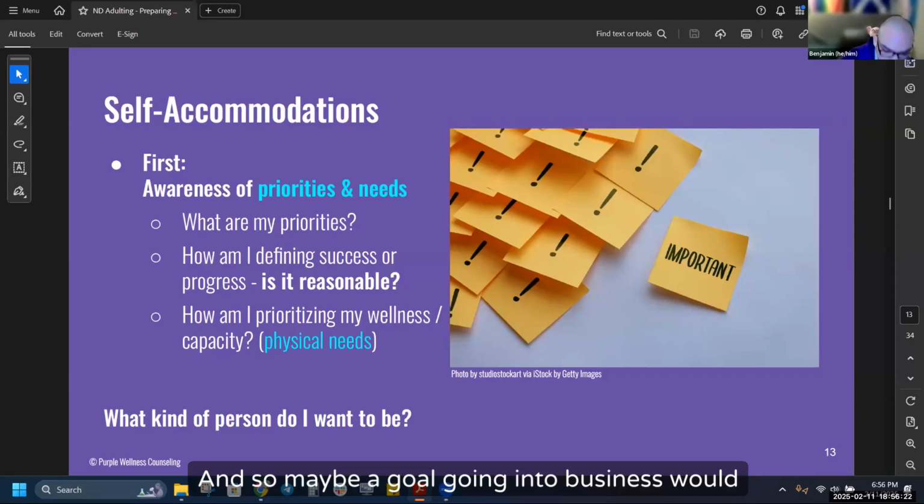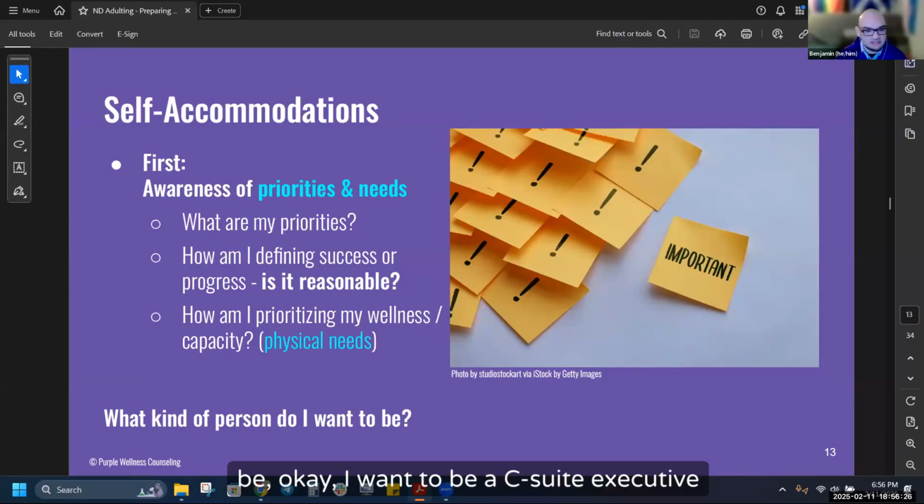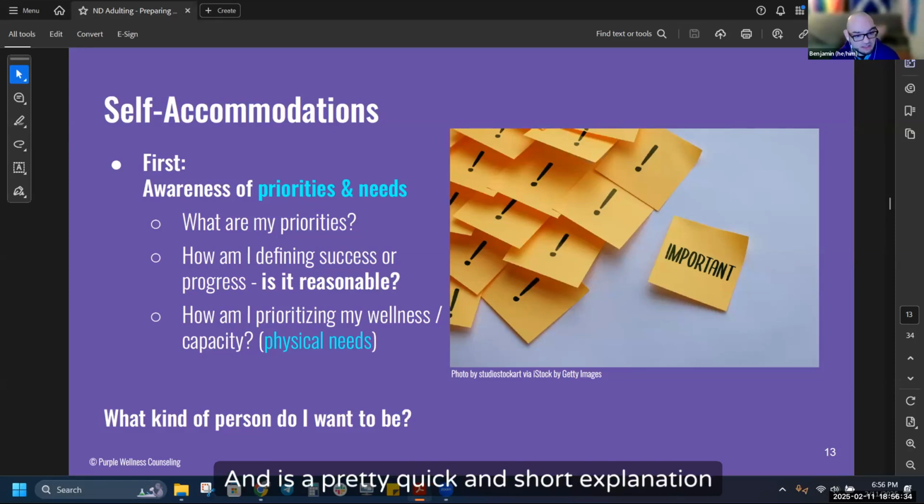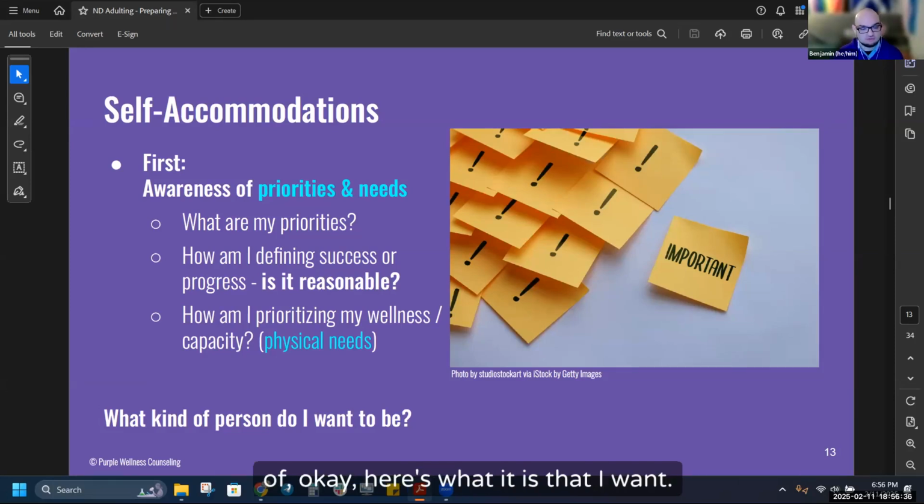And so maybe a goal going into business would be, okay, I want to be a C-suite executive making at least 6 figures for a Fortune 500 company, which sounds cool, right? And is a pretty quick and short explanation of, okay, here's what it is that I want. But we want to pause and think about that